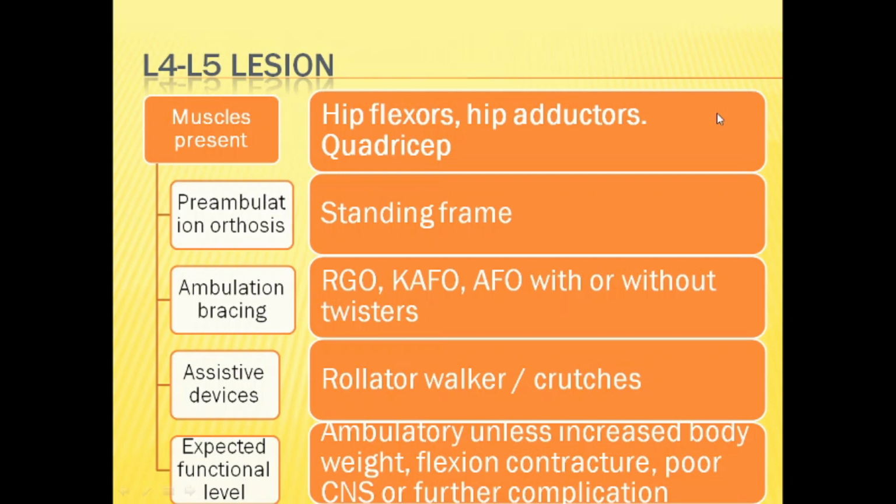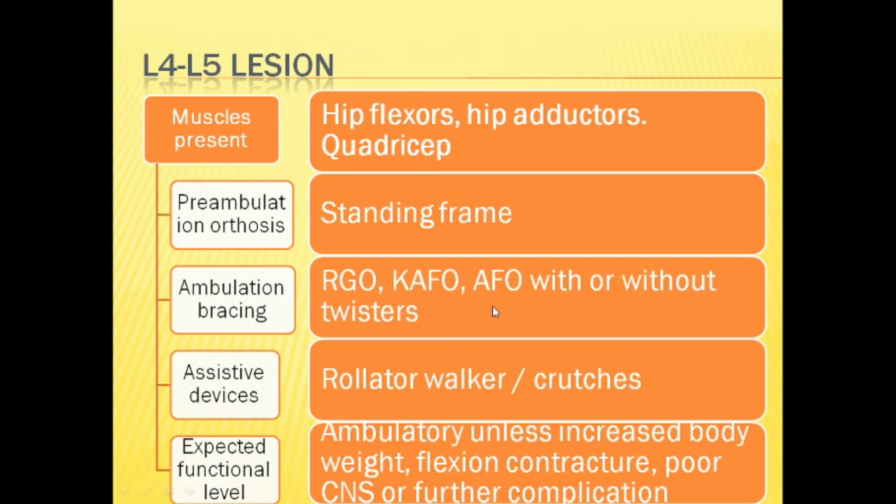Hip flexors, adductors and quadriceps muscle will be spared, right? So for the preambulatory orthosis you require a standing frame. Okay.